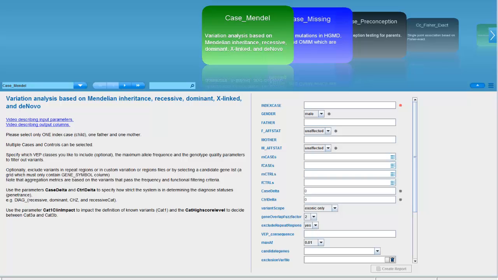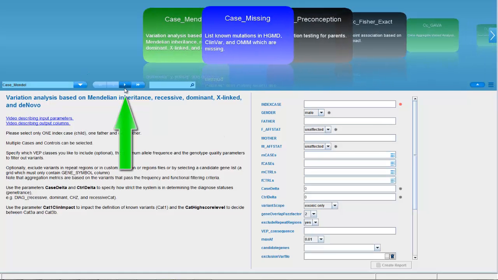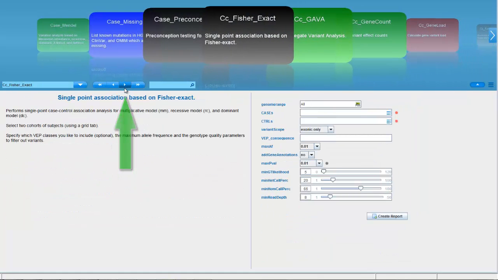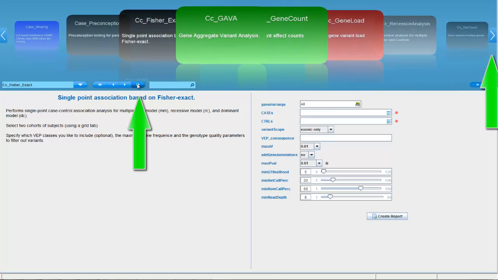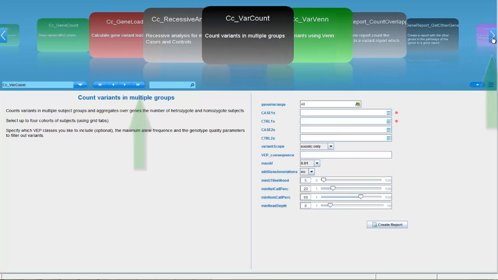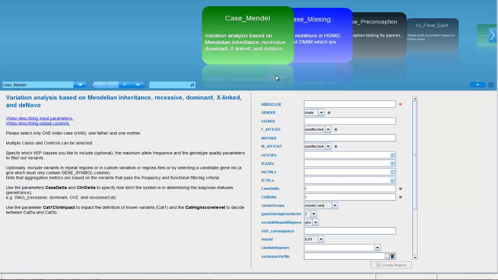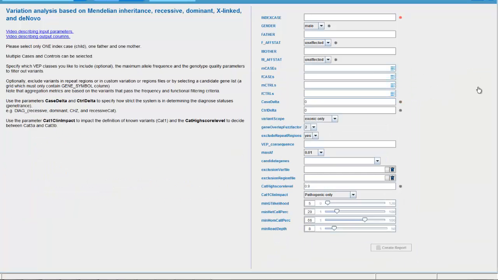There are two ways to visualize the reports available in the Report Creator. The first is the carousel view, which allows for scrolling through available reports one at a time or more quickly. Once you have selected the report you are interested in, you can collapse the report carousel to utilize the entire